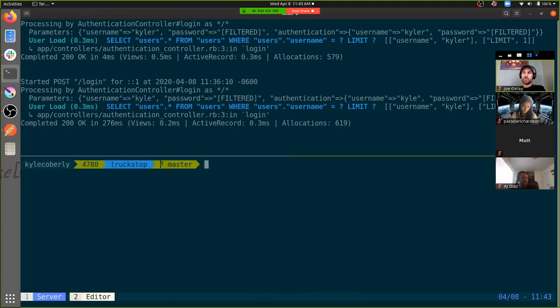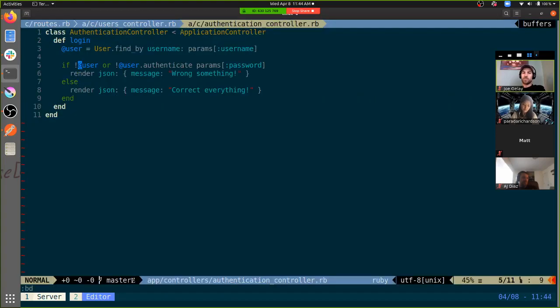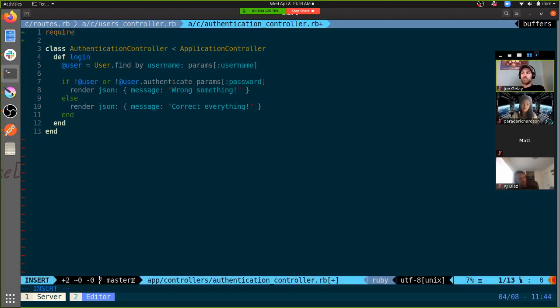Okay, so I added the JWT library. And fairly sure I have to require it up here also. Might be wrong on that. It might auto load. All right, so if I require JWT, this is going to be in our correct case. So what we want to do is